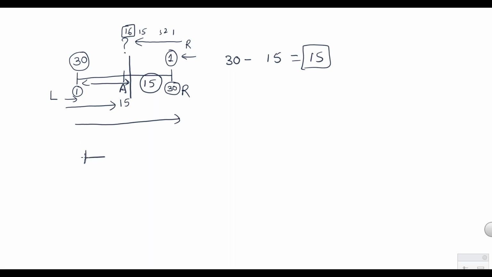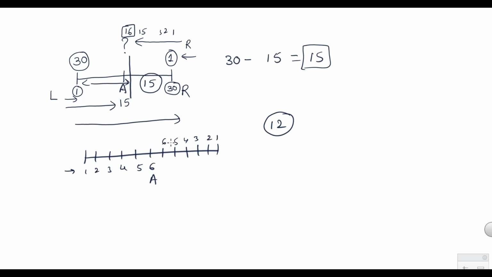Clear, right? Take this example, let's say there are 1, 2, 3, 4, 5, 6, 7, 8, 9, 10, 11, 12. Let's say there are 12 people. If I count from the left end, 1, 2, 3, 4, 5, 6. Let's say the 6th person is A. Then if I count from the right end, we know that the total number of people is 12. If I count from the right end, 1, 2, 3, 4, 5, 6. This 6 which I'm getting is only the number of people on the right side of A. But in this 6, A is not included.